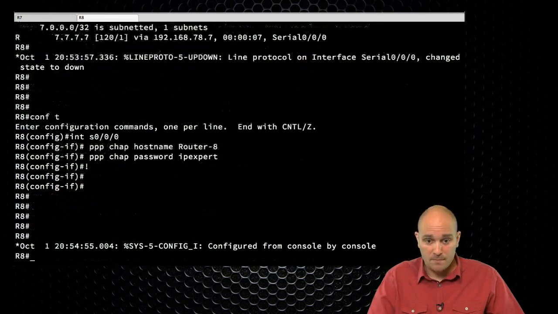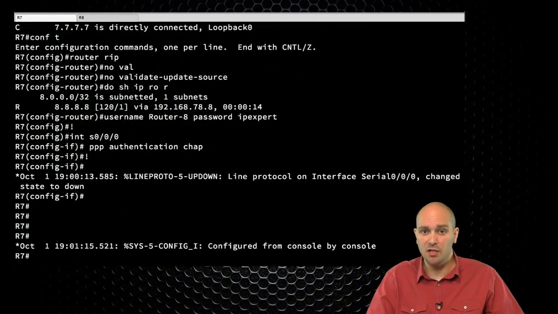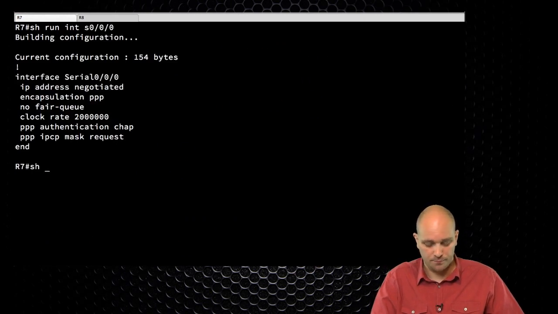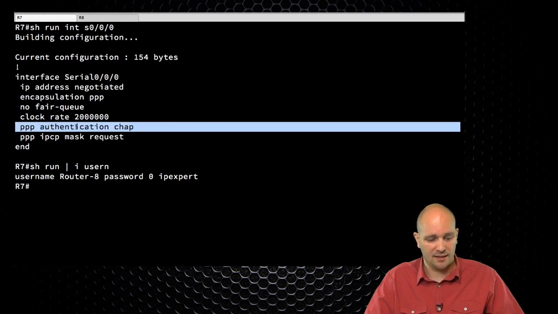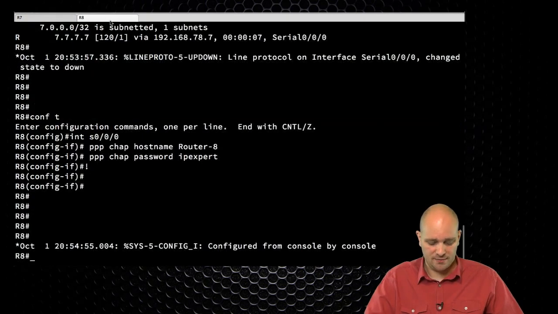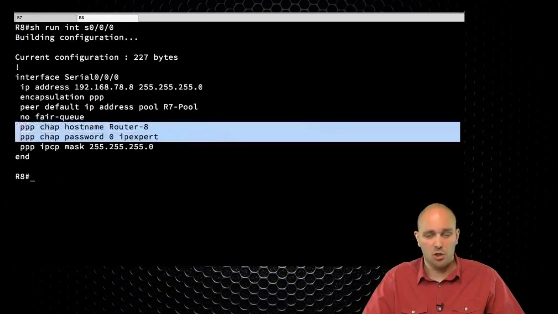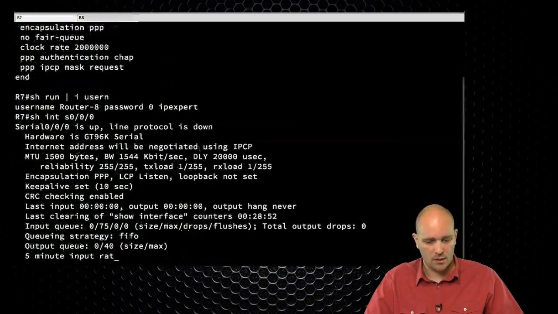And it doesn't. It doesn't because I have misconfigured something. I have deliberately made a mistake in my configuration. So this is the configuration on the interface on R7, and this is the configuration of the username on R7. So we have username router8 password IP expert, and here we are requesting the CHAP authentication. On R8, we are responding to this authentication with username and password. But our interface, if I go back to R7, is still